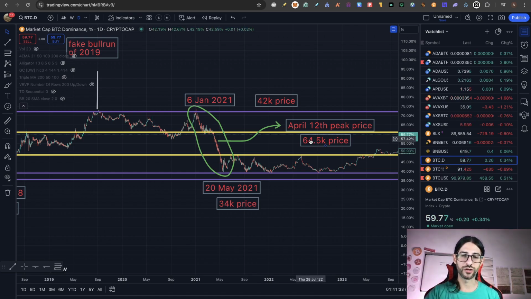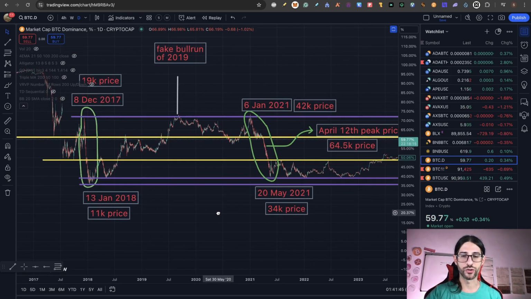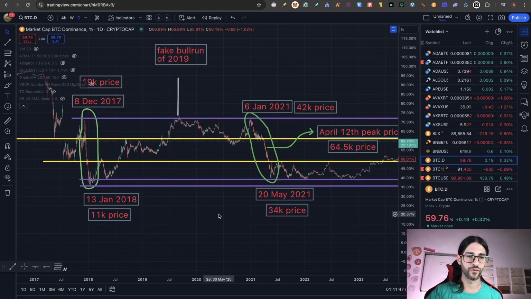So from our peak of 74k, we almost dumped half of the price. So what does this chart teach us about Bitcoin dominance and Bitcoin performance? Well, for one, in one scenario the Bitcoin price topped exactly at the top of the dominance, and in the second scenario, the Bitcoin top was at half of the dump from the top of the Bitcoin dominance. So here we have our bull top in 2021, and here was our top in 2017.